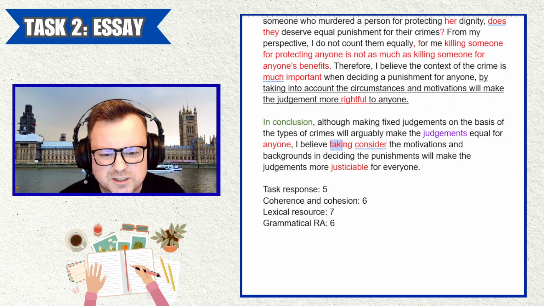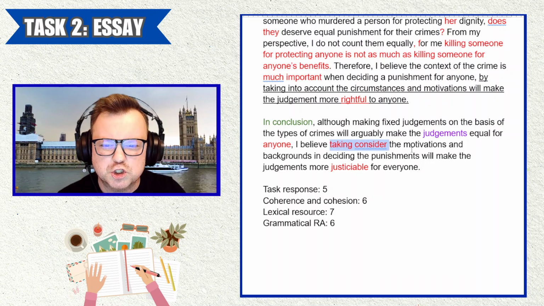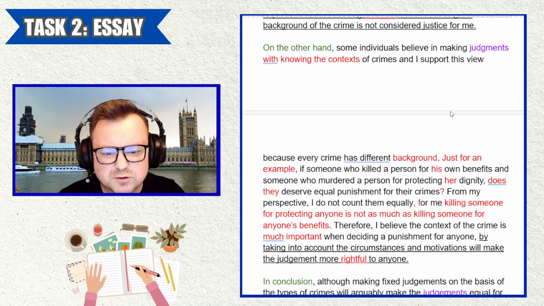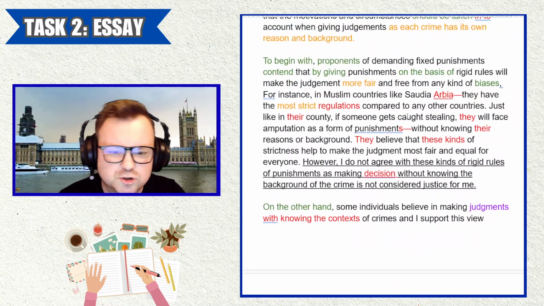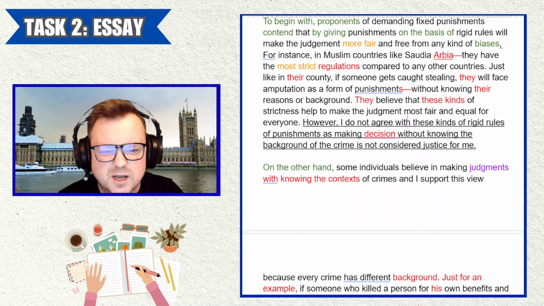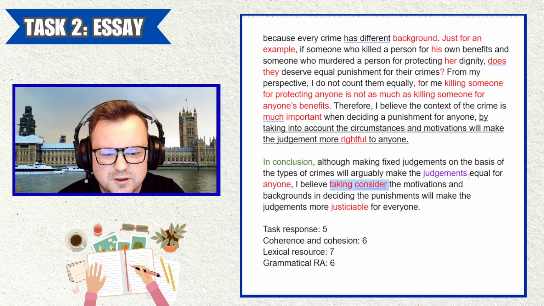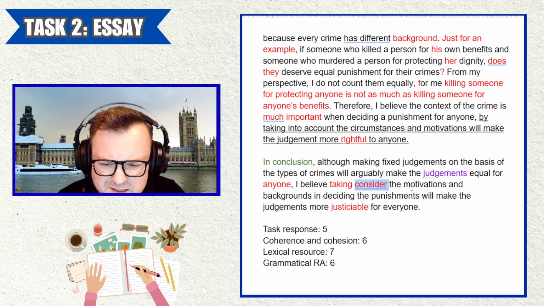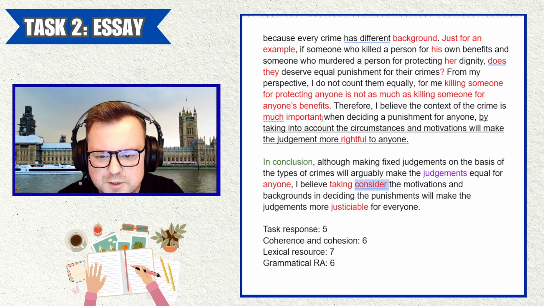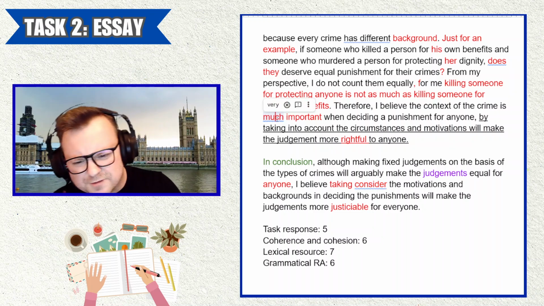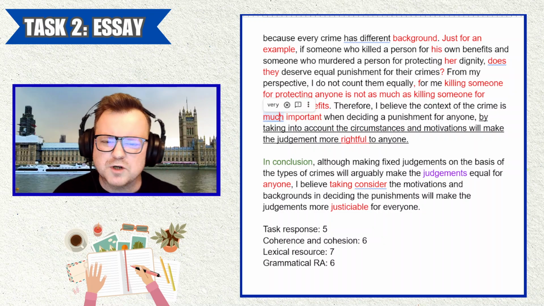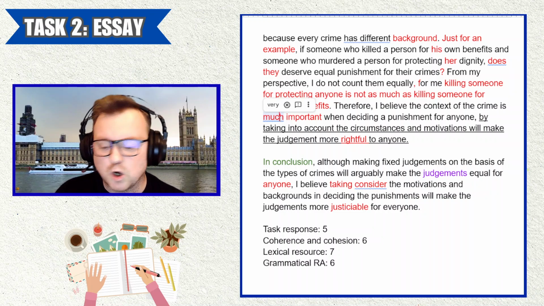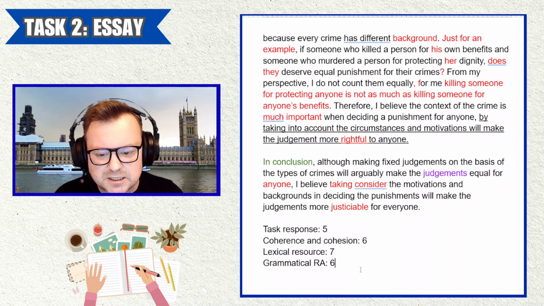There are some parts that are strange, like taking consider. That puts a big strain on the reader. Reading that, you have to reread it. There are some mistakes where you don't have to, like strictest or most strict, or fairer or more fair. Those type of little mistakes, who cares about them? But then other mistakes with grammar, like I believe taking consider, and I believe the context of the crime is much important. When much important? Do you mean very important or more important? So there are some grammar mistakes that affect the reader's overall comprehension of the text. And for that reason, I'll give it a 6, which means overall,